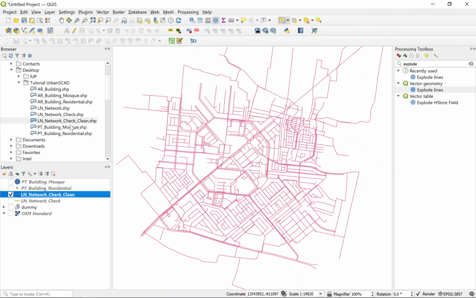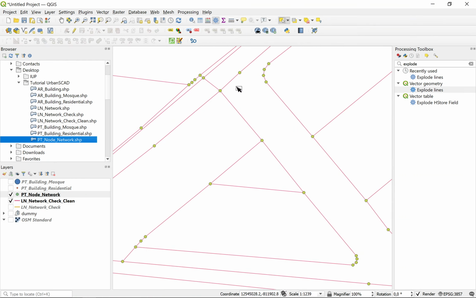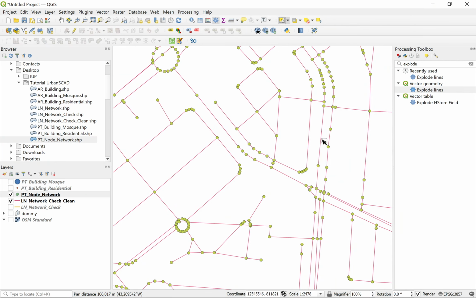We can see, roll it. Okay, here the result, and this node is not in every segment. Okay, then